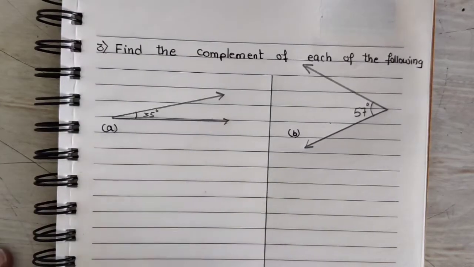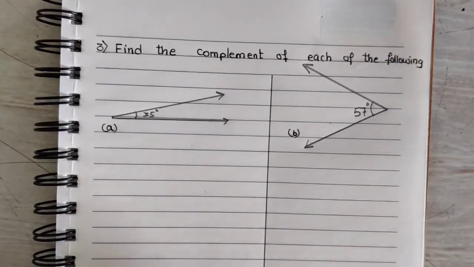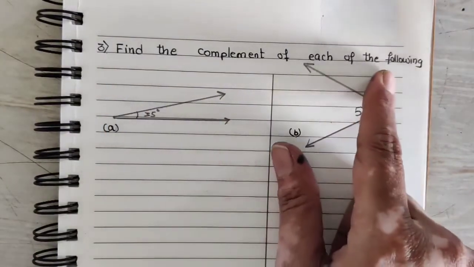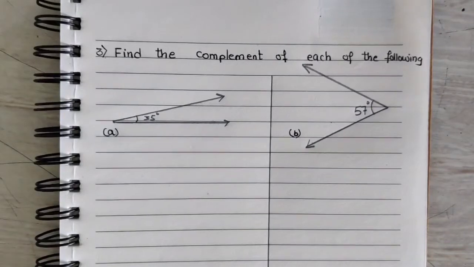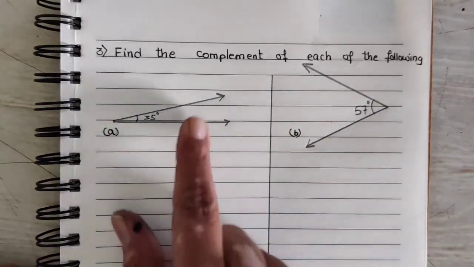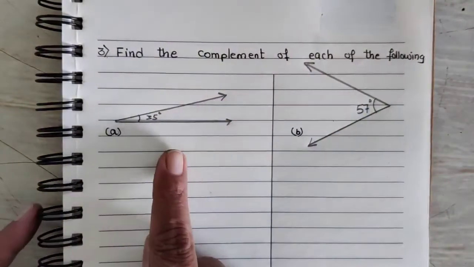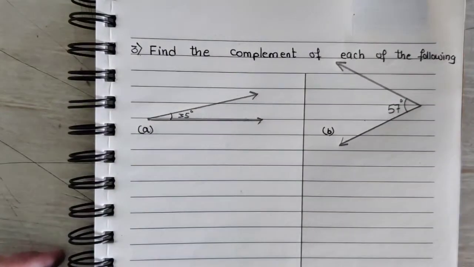Okay students, so the next question, number 3, I am taking as: find the complement of each of the following. Yes, according to your practice work, this is not question number 3, it will be some other question. But as I am explaining to you the recapitulation of the chapter Lines and Angles, that is number 5. So I am going to explain all the questions of this chapter. Okay, so suppose here we have to find the complement of each of the following, and let us focus on